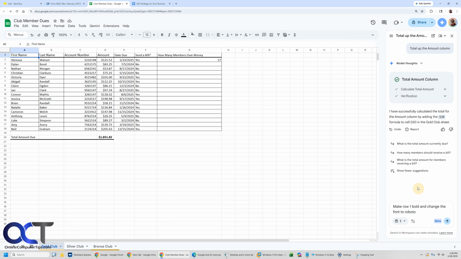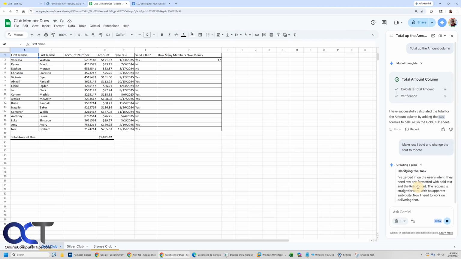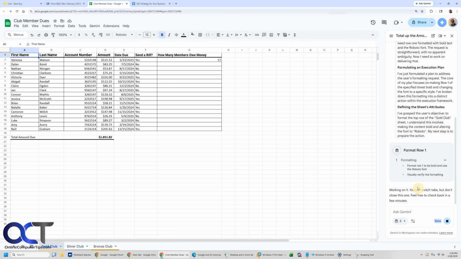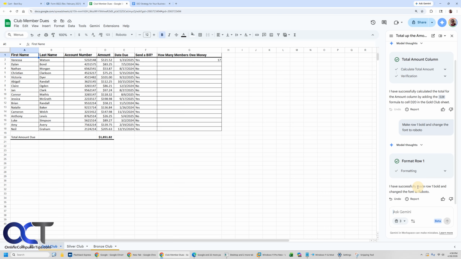let's have it change row 1 to make the type bold and change the font to Roboto. So obviously you're going to have to know what font you want to use. I have done it where I say change the font and it just picks something on its own. All right, so you can see it did it right there. All right, so now